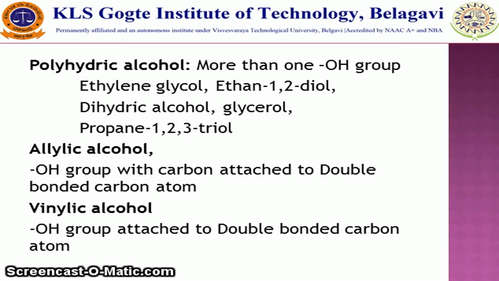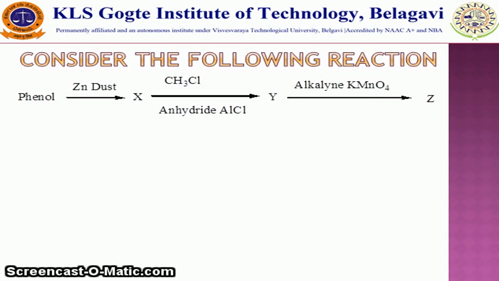Again, these alcohols are classified as allylic alcohol and vinylic alcohol. The allylic alcohol is one in which the carbon bearing the OH group is attached to a double bonded carbon atom, whereas a vinylic alcohol is one in which the OH group is attached directly to a double bonded carbon atom. Now, these concepts can be easily understood by solving questions. So we are going to start understanding this concept by using problems given in